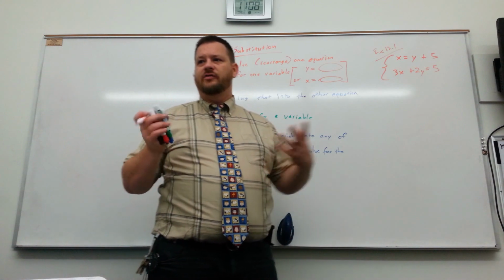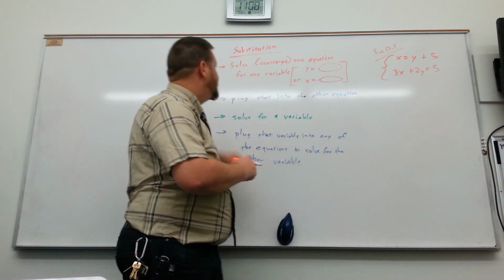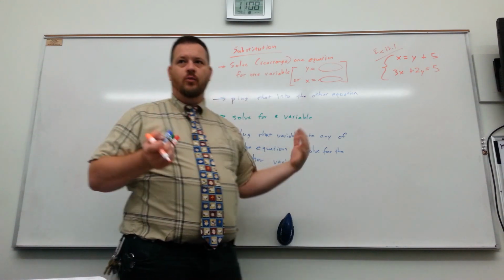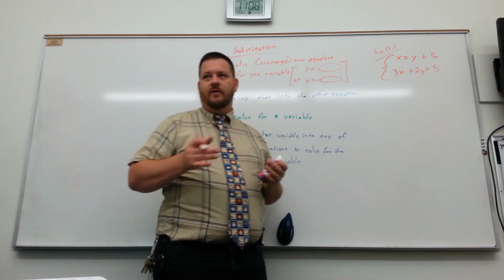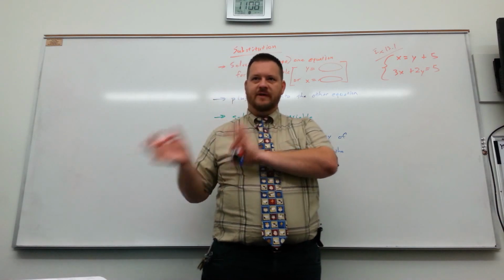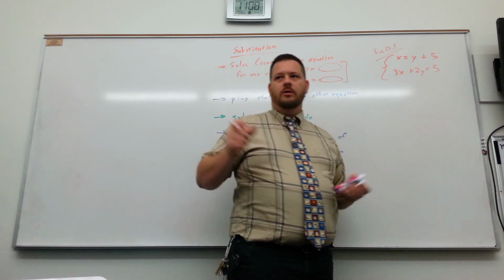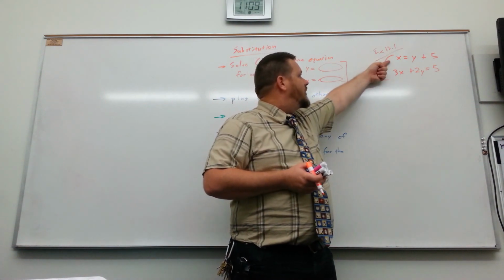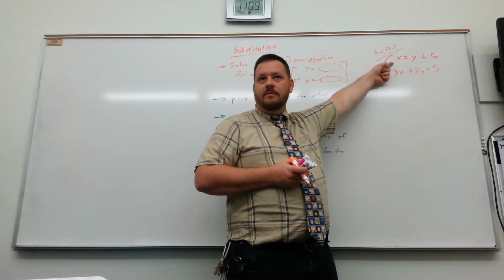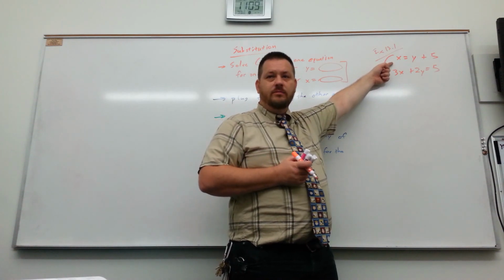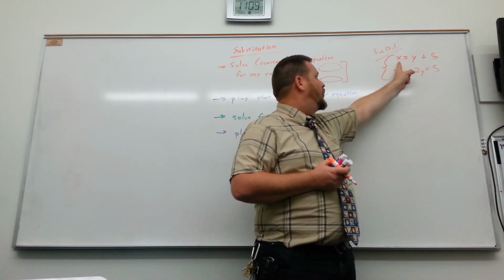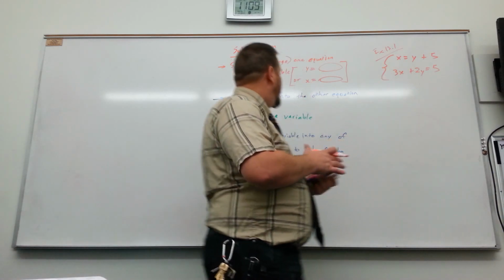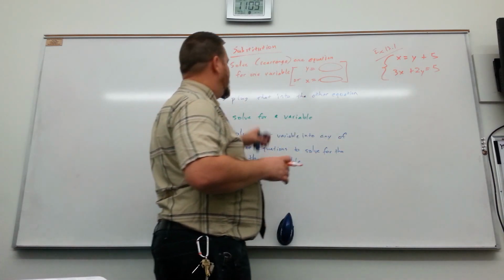So here's the steps that you do for substitution. You take one of your equations and you rearrange it for one variable so that you've got either x all by itself equals something, or you can do it for y equals something. Now in this case here, one of our equations is already set up that way. Yay, one less thing for us to do. We already have an equation that has one of the variables all by itself on one side of the equal sign. So what we do next then is we're going to take